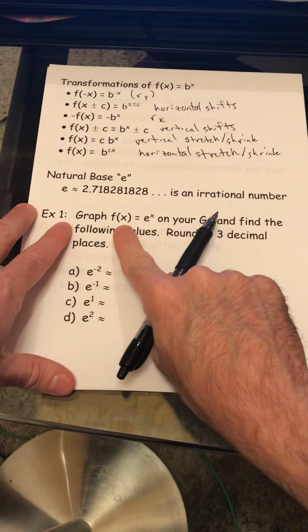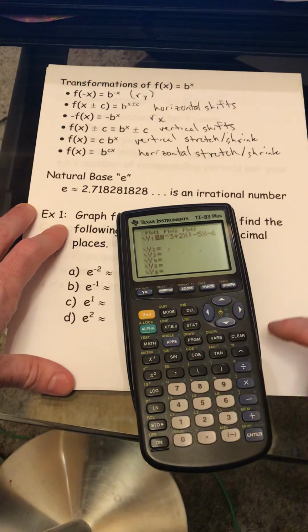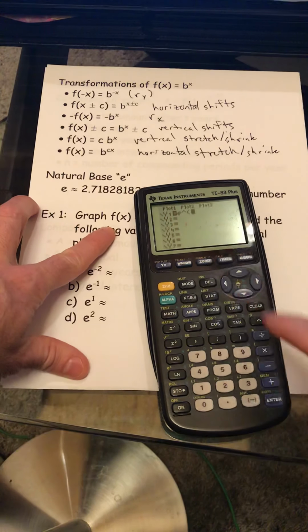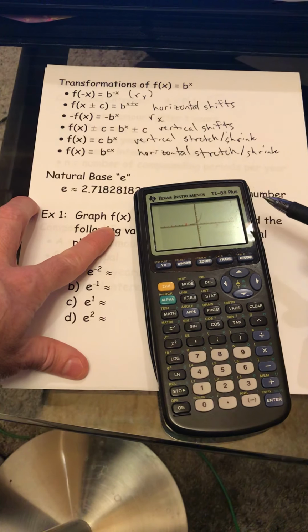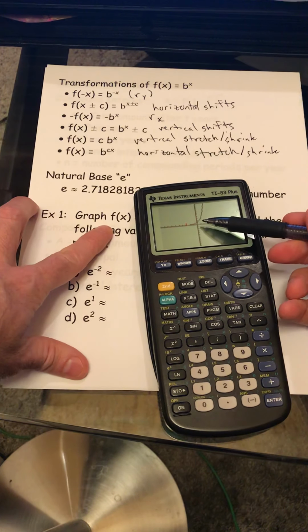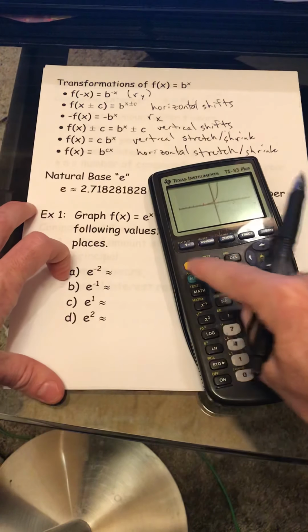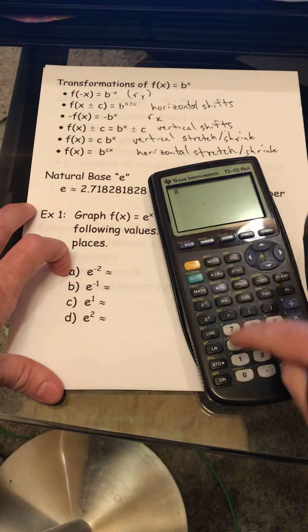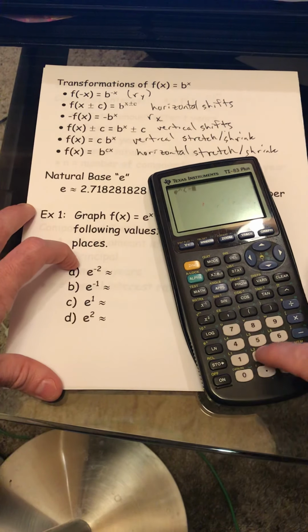And you can certainly graph it to find e to the x. Press second ln, which is where e to the x is, and then just enter in the x. When you graph it, you can see it looks a lot like the exponential growth graph we just looked at. And as far as using e in calculations, to do e to the negative 2, just press second and then your natural log button, e to the negative 2,